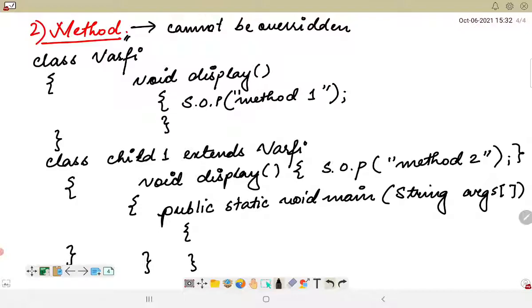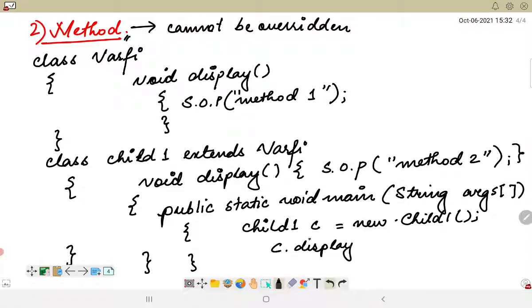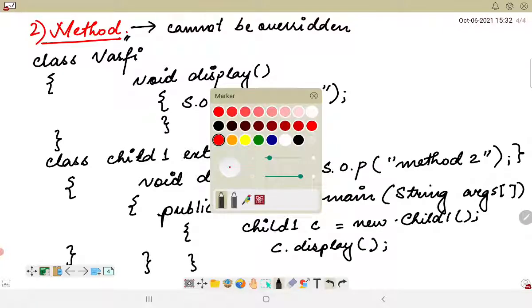Within the method body we can create an object of child1, c is equal to new child1, and use this object to call the display method. When I do this, what is the output that I should get?